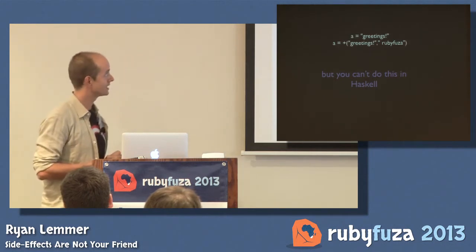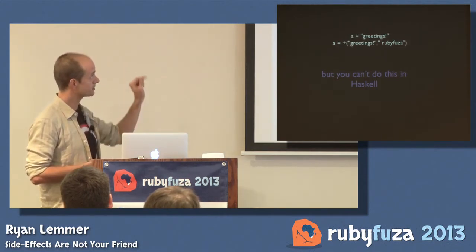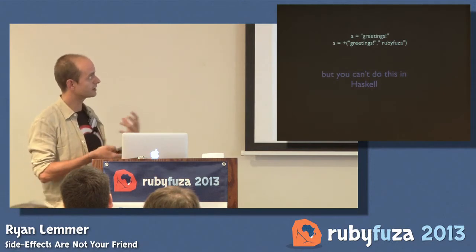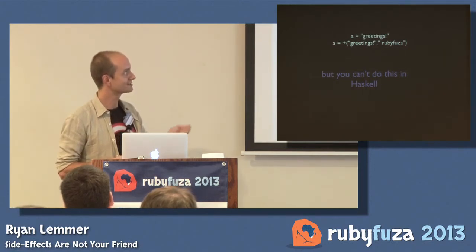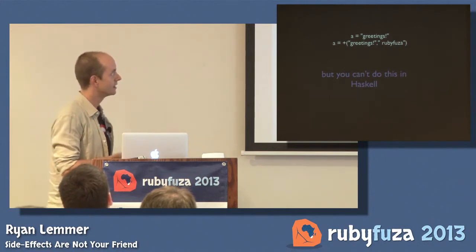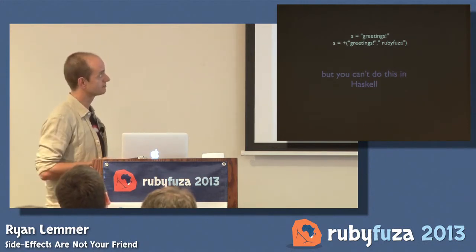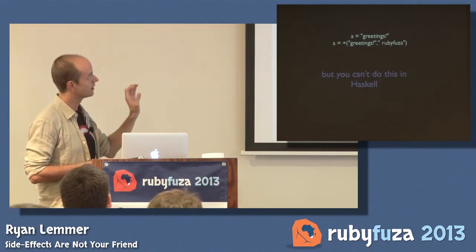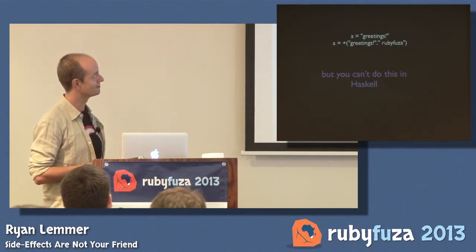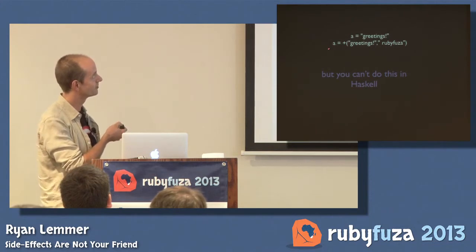So if I wanted to do that, I would do that compilation that I did before. I'd take A equals A plus Rubyfuza, and I would replace that A string. So the right-hand side is still totally functional. The left-hand side is a problem because you can't rename the same thing